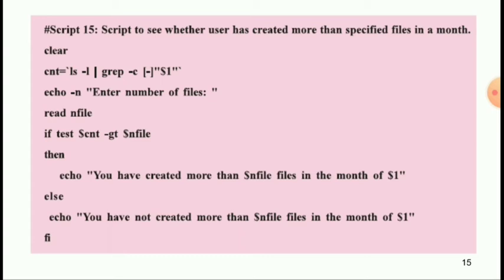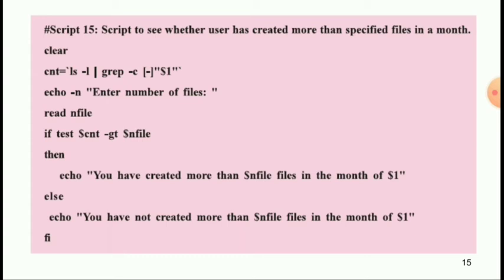The ls -l command is used to display details of files and directories. Its output is then given to the grep command that matches a regular expression, hyphen dollar one. The month is specified as a 2-digit numeric value and accepted through a command line argument assigned to dollar one.